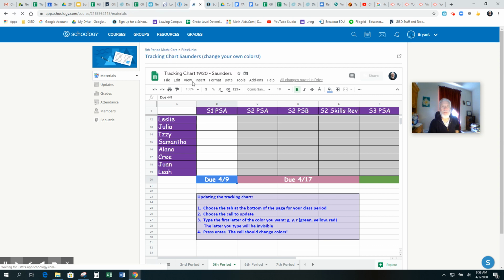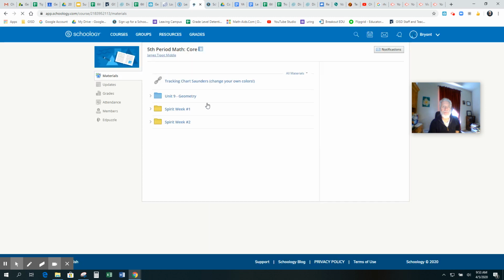Fifth period math. Okay, so we're going to go back to fifth period math, if it changes. Okay, so there's the tracking chart. The next thing you're going to see is Unit 9 geometry, if you're in my core classes. If you're in my pre-AP classes, it's Unit 8 geometry. You guys have a little bit longer, a little bit more stuff going on in your geometry. Okay, so Unit 9 geometry, if we click on that,